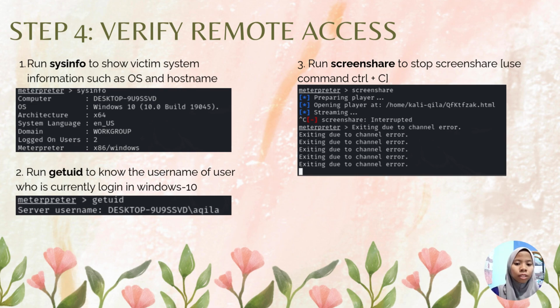Second, we can use the command getuid to show the username of the user currently logged in on Windows 10. So in the output, the username is desktop-9u9ssvd-akila. Number 3, stop the screen share by using Ctrl+C.